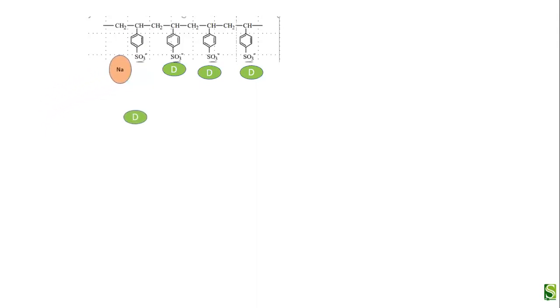So one drug molecule is displaced. Now another sodium will come and displace another drug moiety, and another sodium will come and displace another. In this way we have achieved free drug concentration inside the blood. This drug is available for absorption, and it will give you the plasma drug concentration.